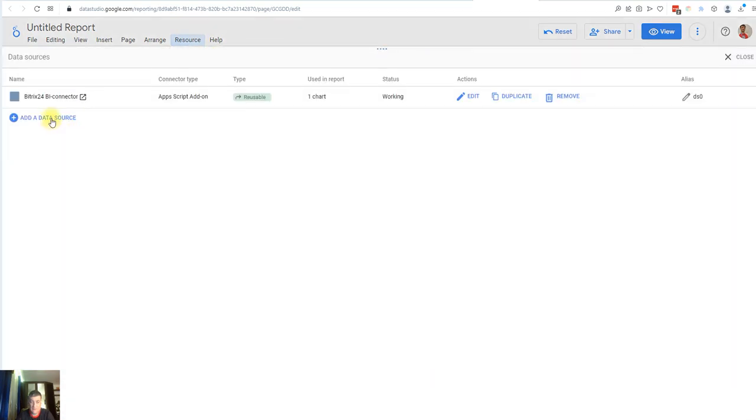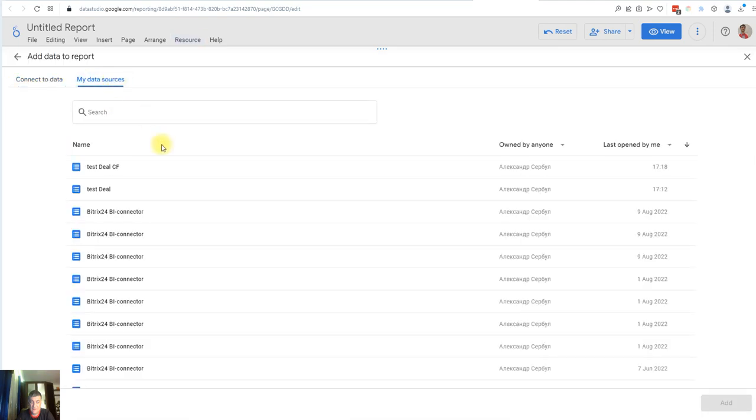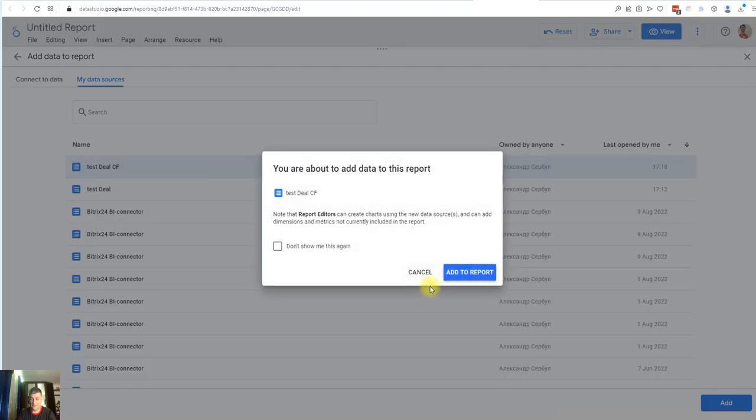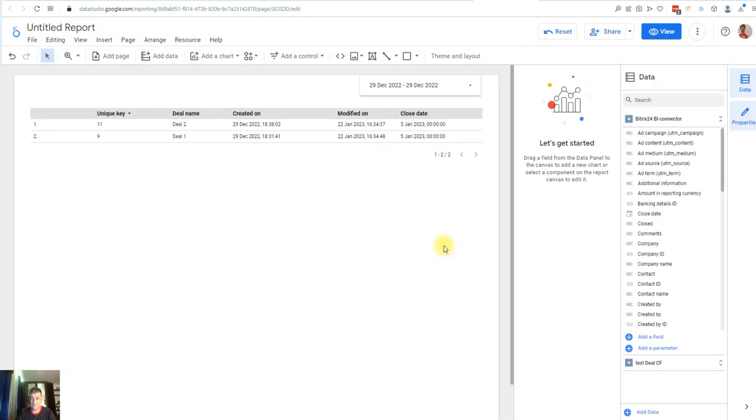And here I want to add my data source, test deal custom fields, which I have just created. Add to reports, and now